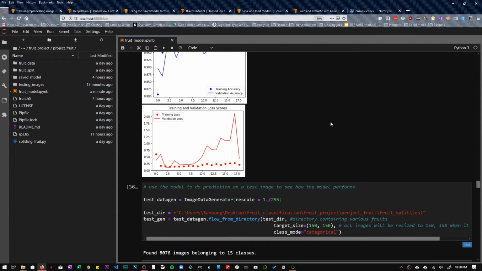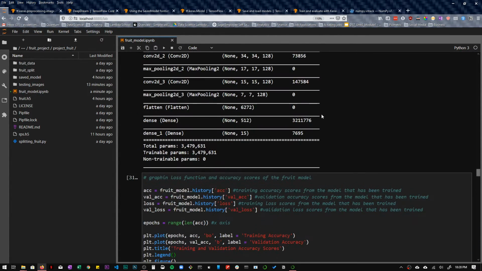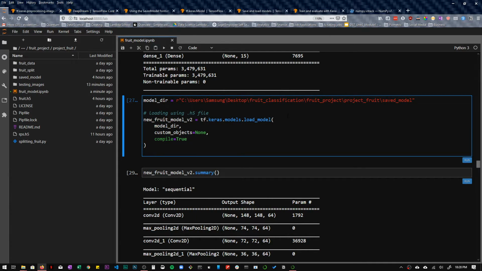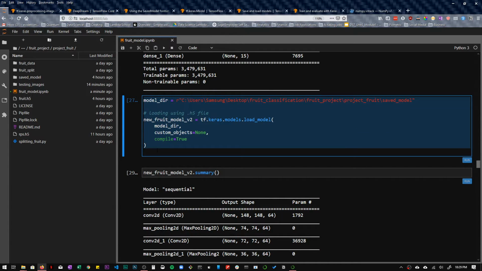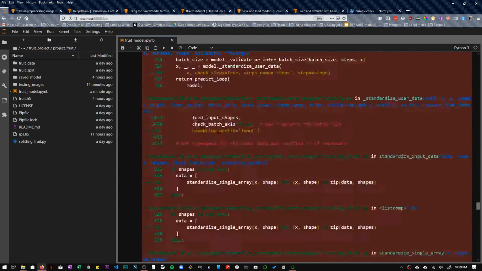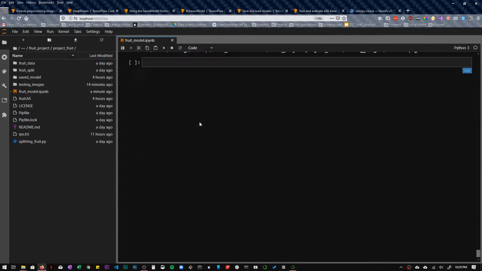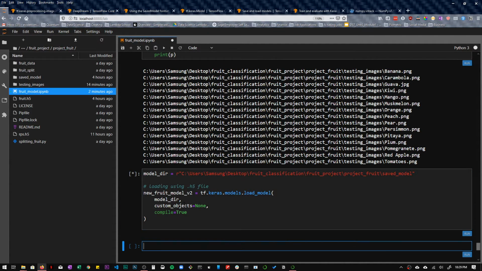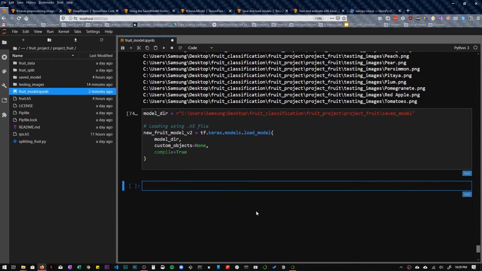So many red error messages. Okay, let's go ahead and load one of the saved models and just verify that we can use it. Okay, shift enter, and now let's try to, so if you go to this saved model thing,